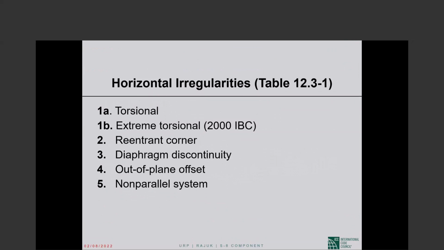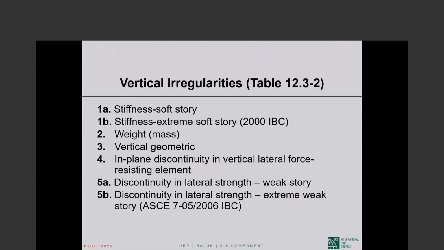So you have seen this list yesterday. Horizontal irregularities: torsional, extreme torsional, which was introduced in 2000 IBC, that was not in 1988 UBC; re-entrant corner, diaphragm discontinuity, out of plane offset, non-parallel system. The way